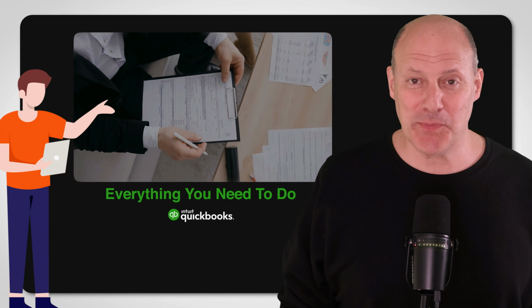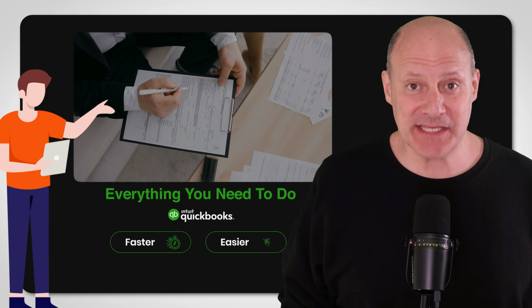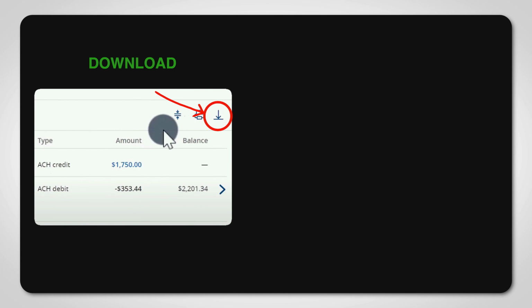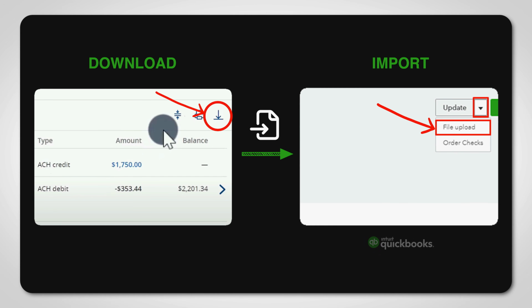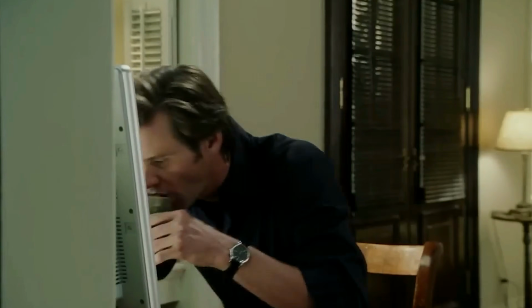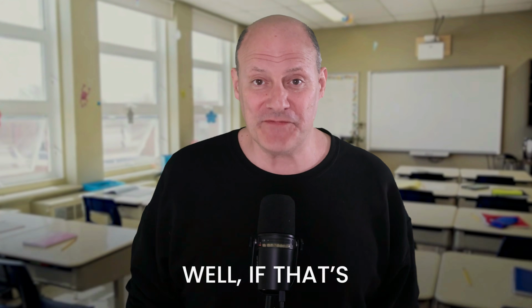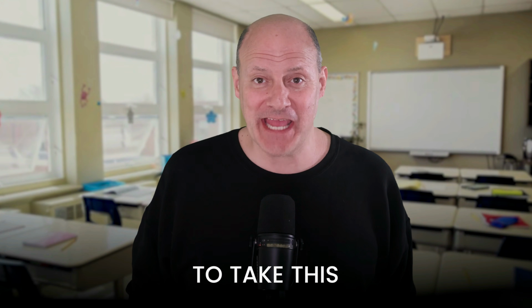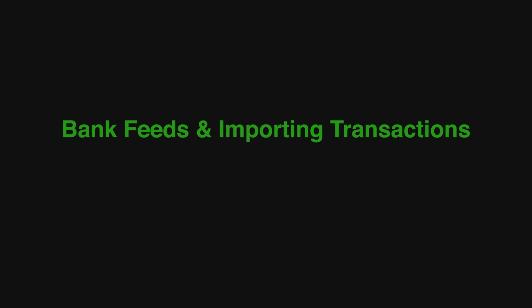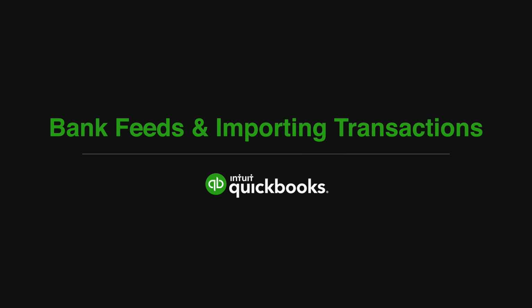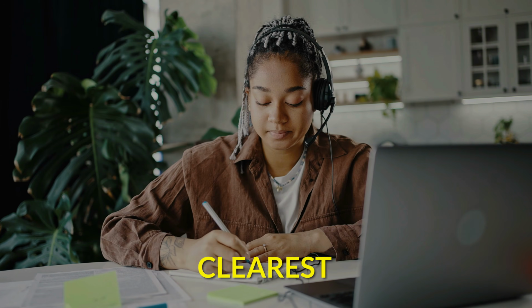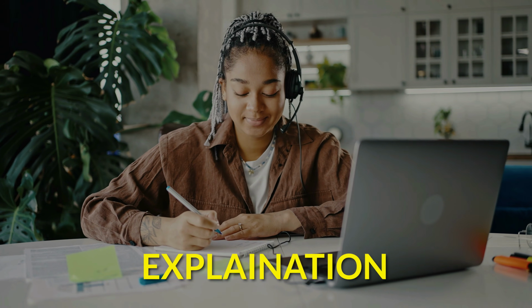Would you like to do everything you need to do in QuickBooks Online, but faster and easier? Would you rather download or import the transactions into your QuickBooks Online rather than spending all day typing them in yourself one by one? Well, if that's the case, then you need to take this course, Bank Feeds and Importing Transactions into QuickBooks Online. My name is Mark Smolin, and I personally guarantee you the clearest possible explanation for every